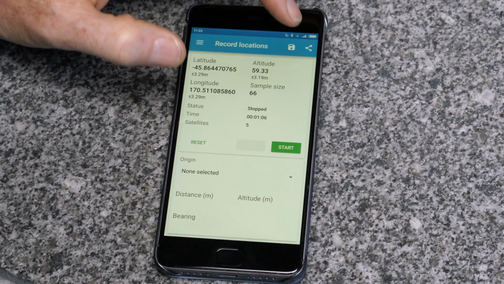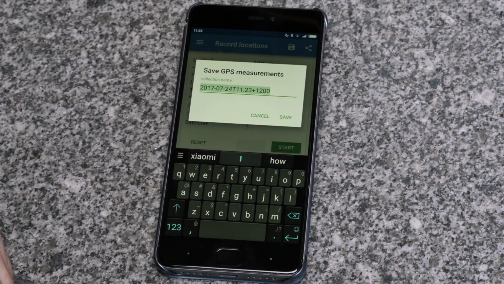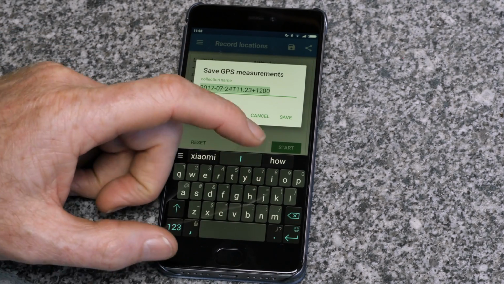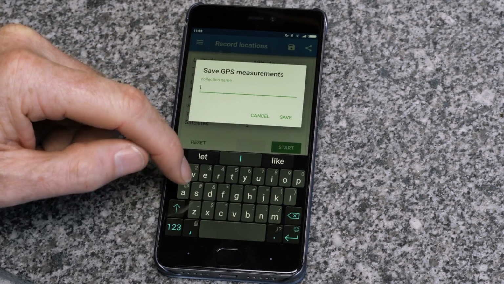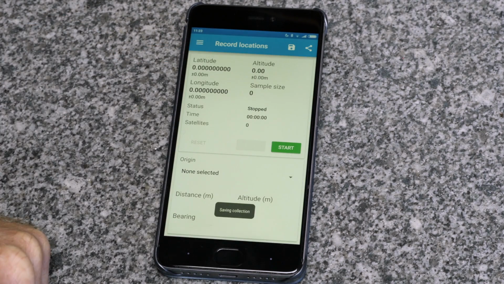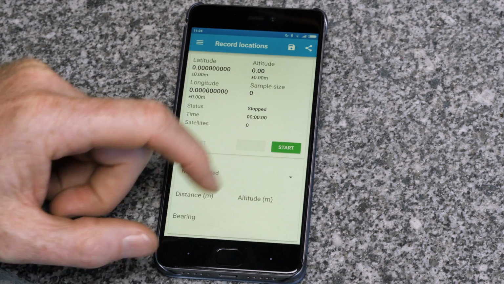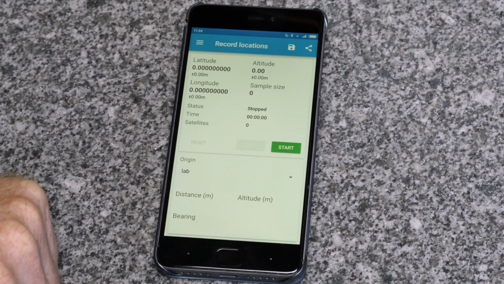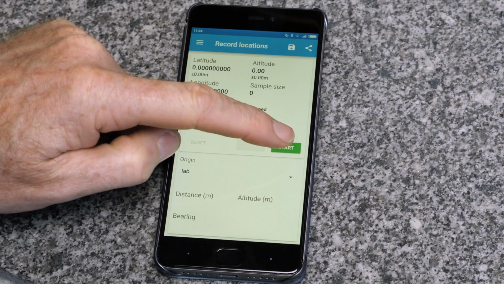So right now I can save this location, and I'll give it a name. I'll call it lab, because we are in fact in a lab. And now I can set the origin of my estimates to be the lab. And so if I were to start again,